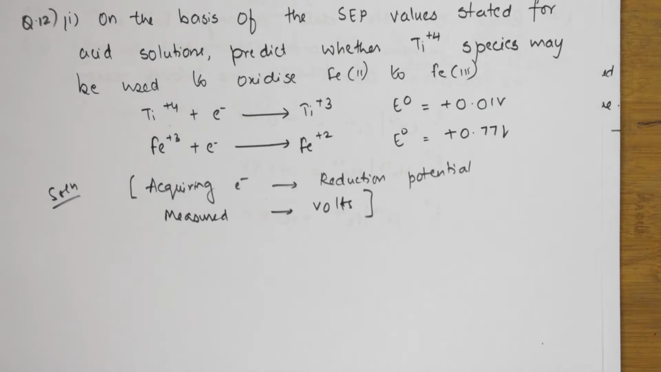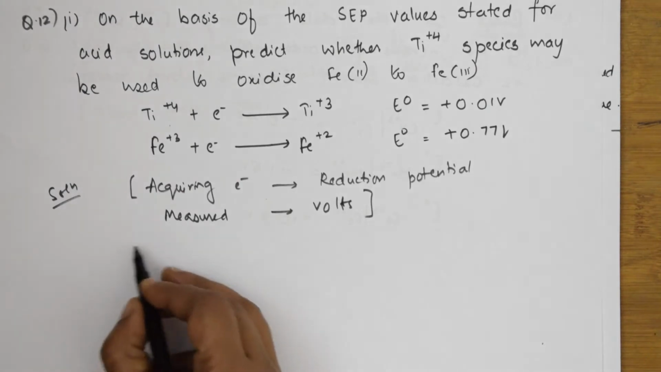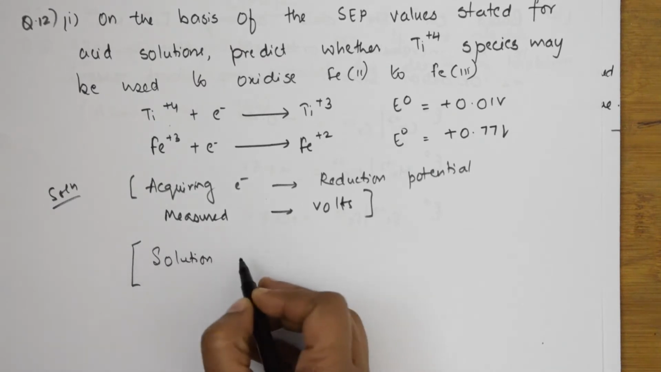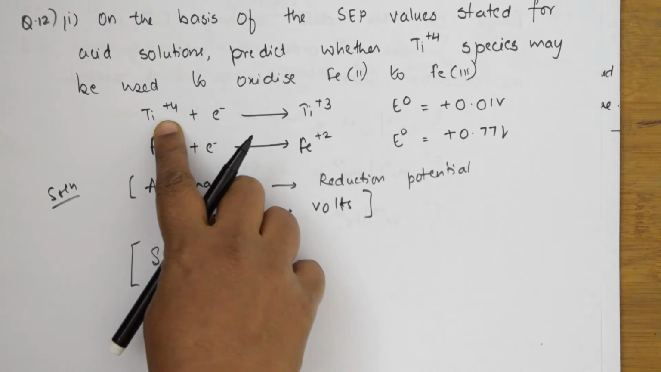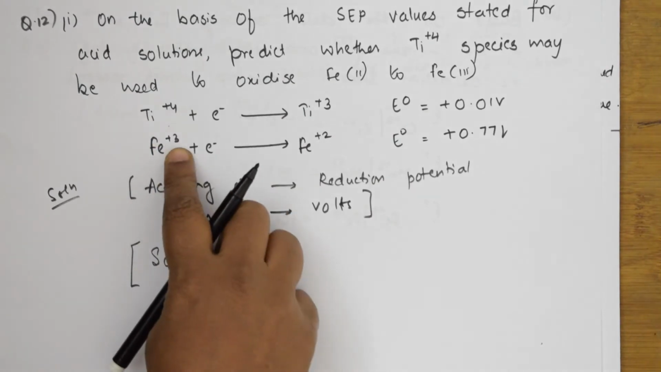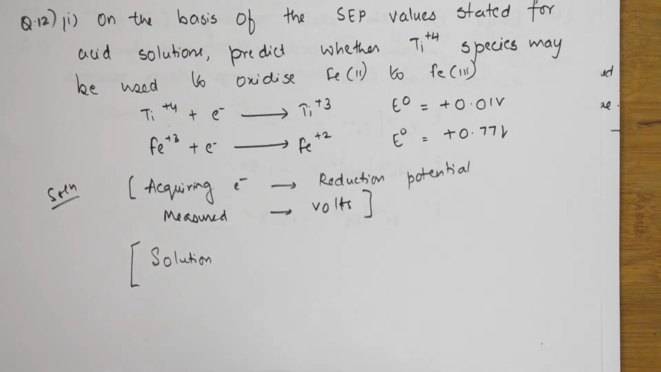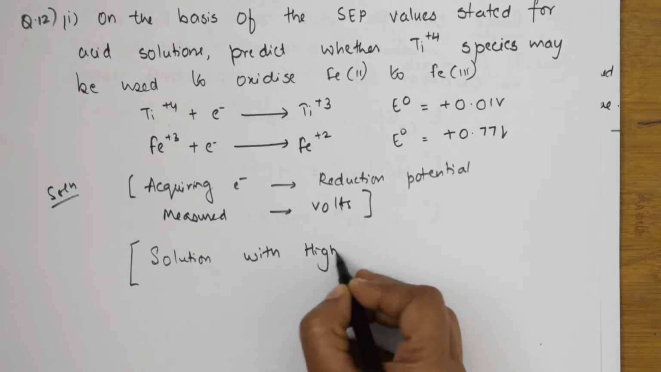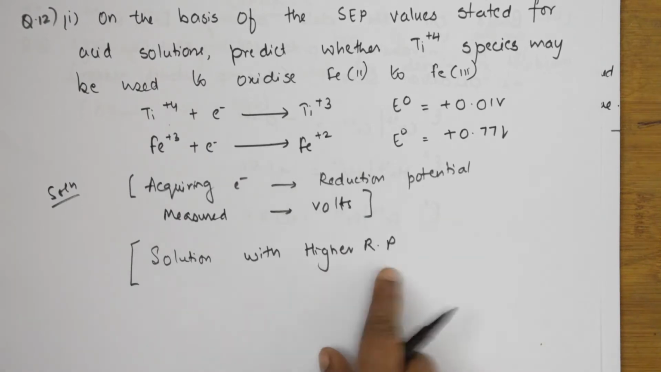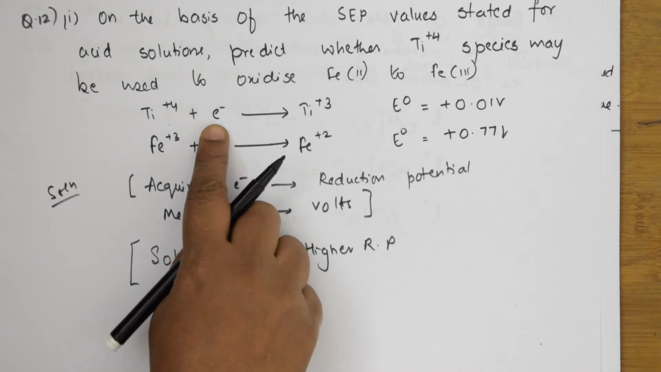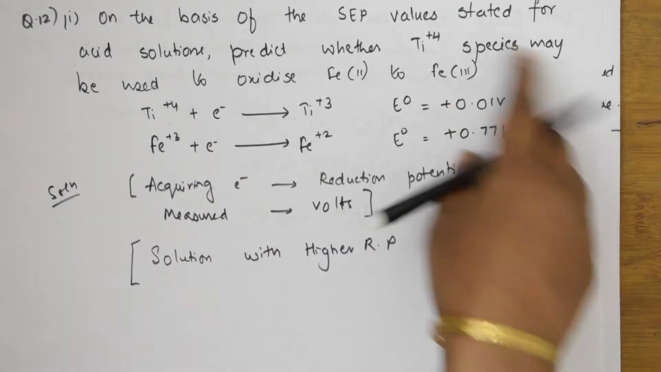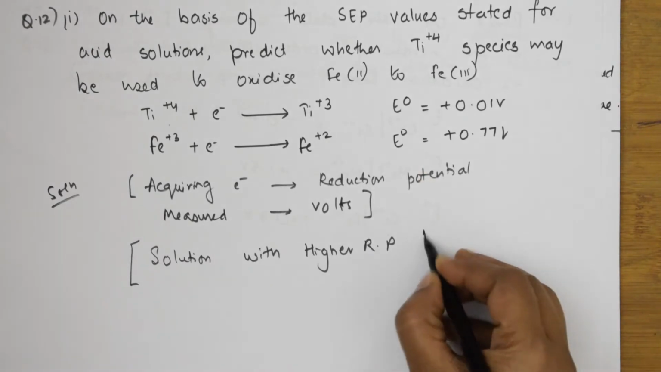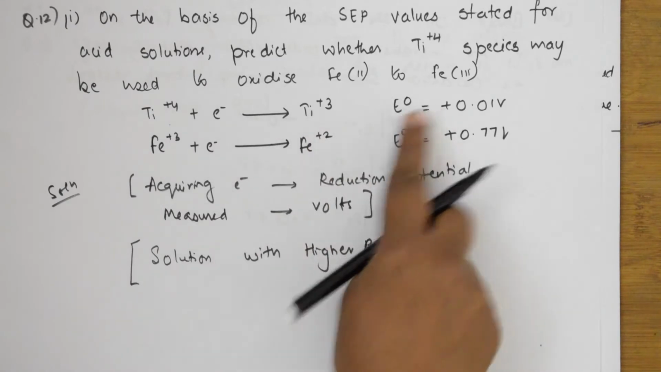Now one more logic which you should remember. They asked me to predict whether the Ti+4 species can be used to oxidize this. So I'm giving you a clue that will be useful. A solution with higher reduction potential, remember. Here this is accepting an electron, so this is reduction potential. Now one more thing, a solution with higher reduction potential than the species,